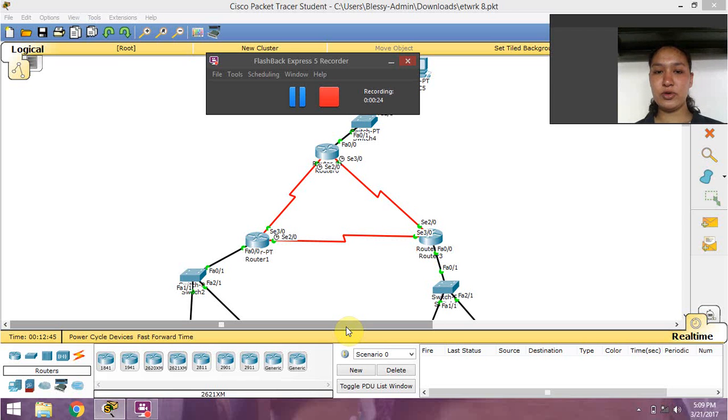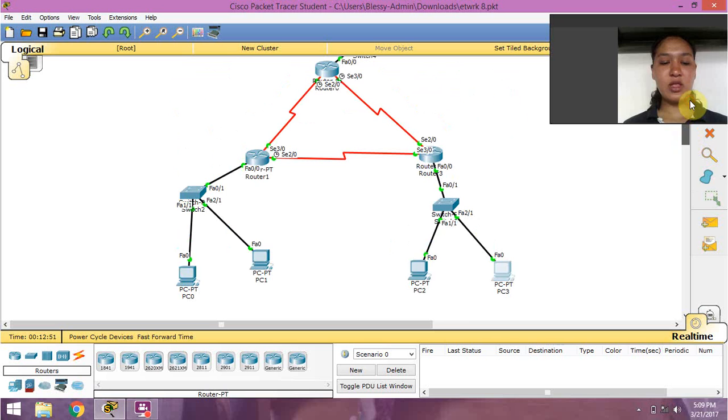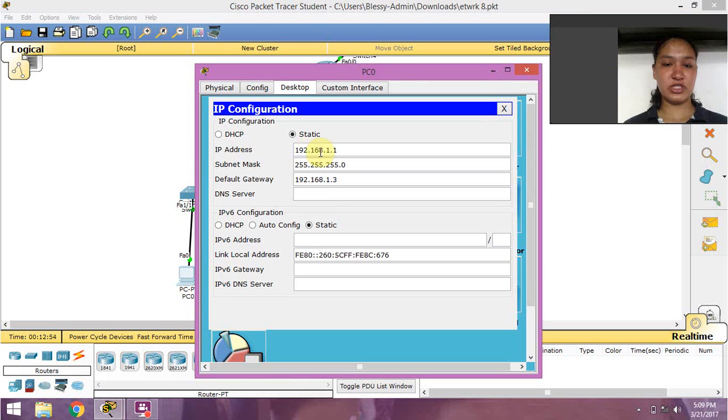For doing this, I made all the connections, that is all the local area and wide area network connections. Then I gave all the IP configuration for all the PCs, that is IP address, subnet mask and default gateway. For the first PC I gave